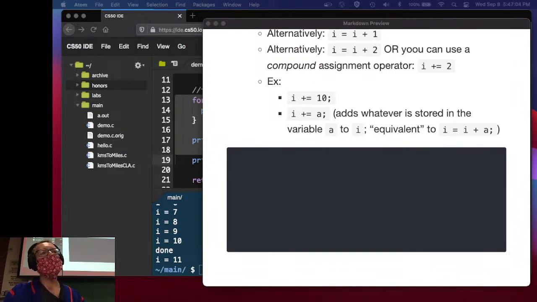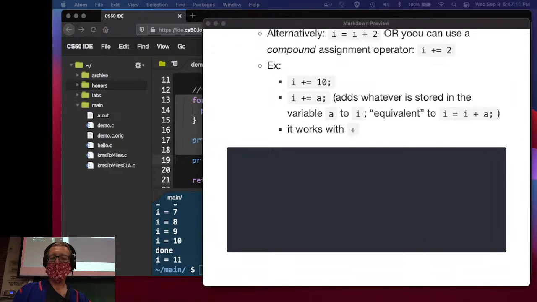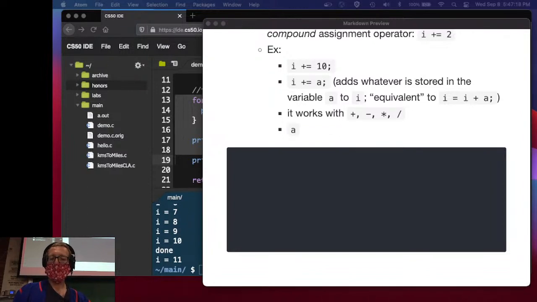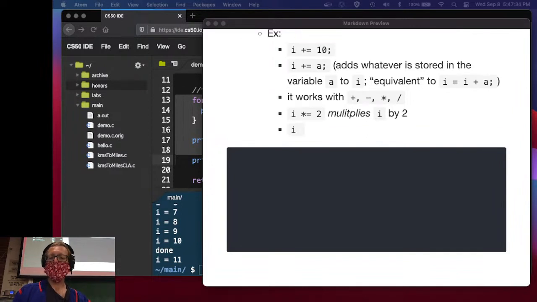Does this also work for multiplication and division? Yes, it does. It works with plus, minus, multiplication, and division. So again, for example, I times equals 2 multiplies I by 2. Another example, I divide by equals 2 divides